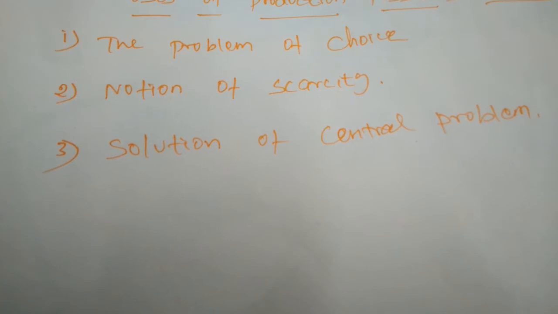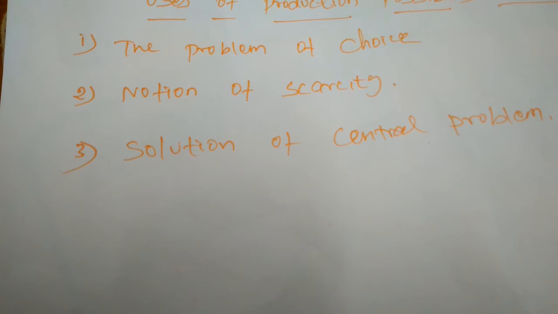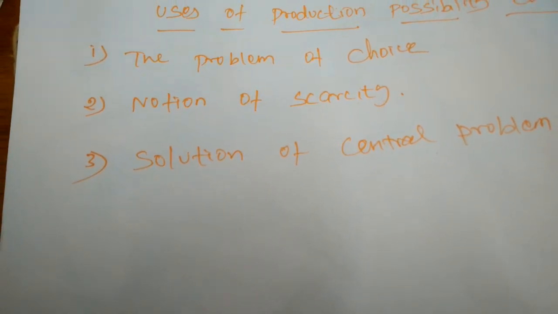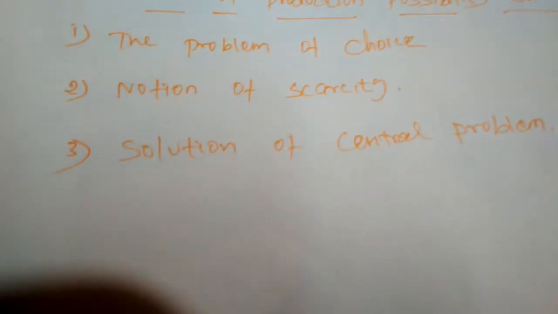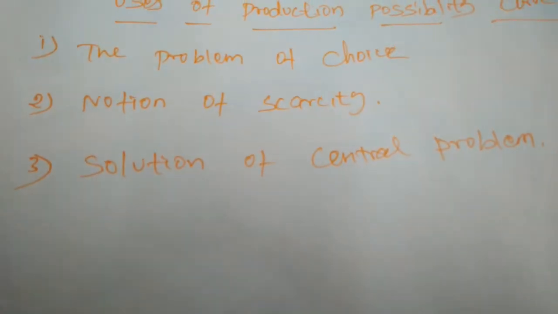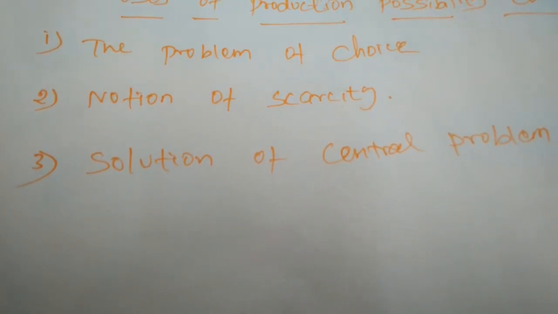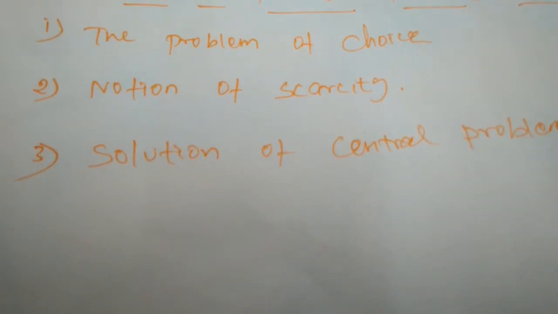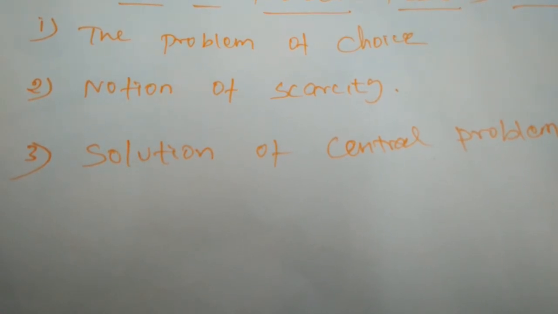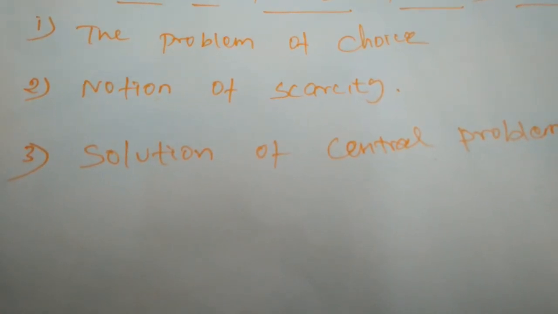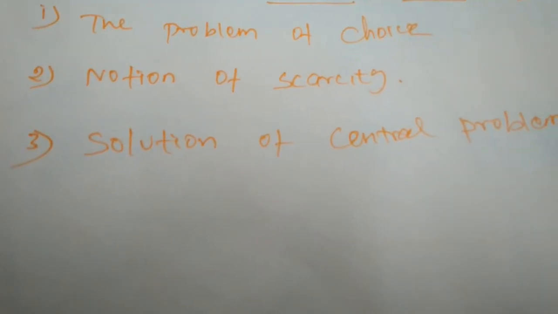Because of that, we know that every society possesses only a specific amount of resources, which can produce only a limited amount of output, even with the best technology. Even if you have the best technology, we must have the resources allocated. If there are no resources, there is no need to use the technology. By using the technology, if we have more resources, only then will it be useful. Otherwise, the invented or high technology will also not be needed.